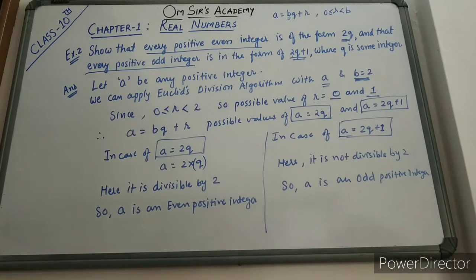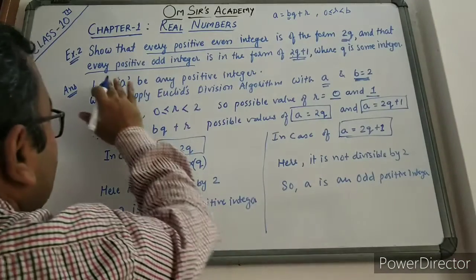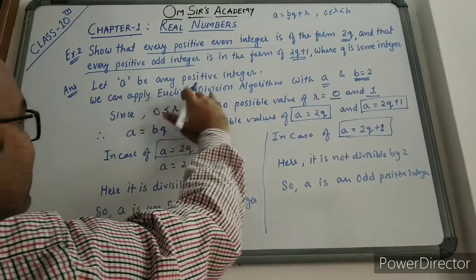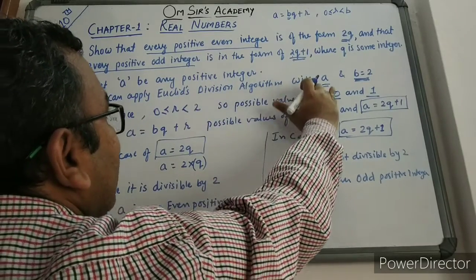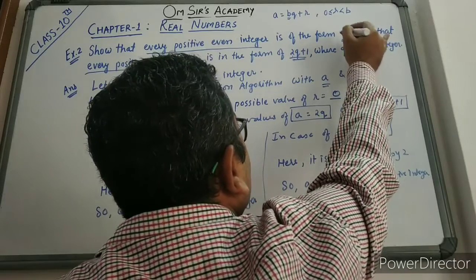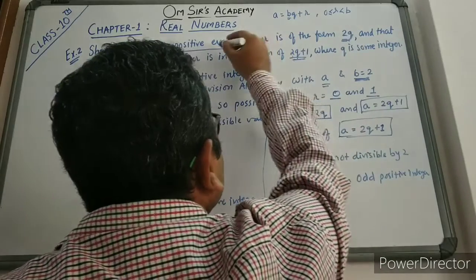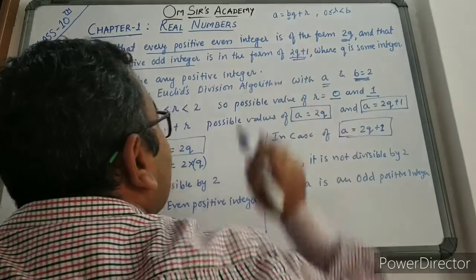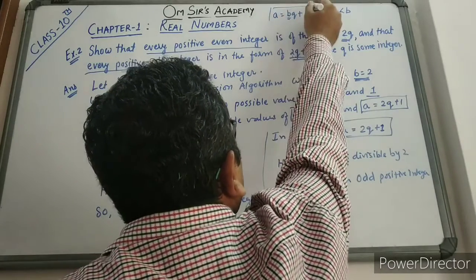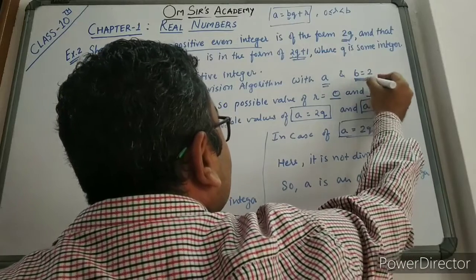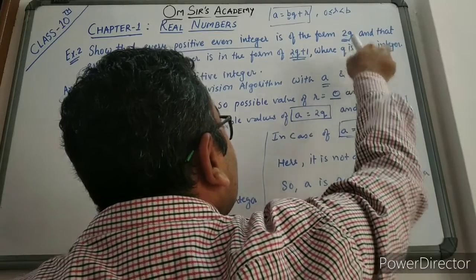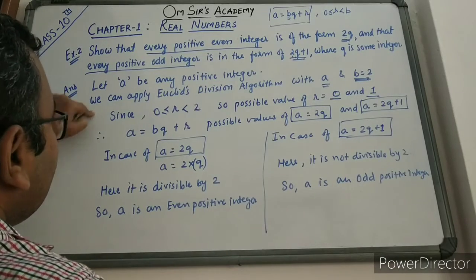First of all, let us revise once again. What we did is, suppose first we did that a be any positive integer, मान लिया कि a कोई positive integer है, ठीक है। फिर दूसरा step क्या किया हमने, Euclid's division algorithm apply किया, उसके हिसाब से we took a as a, कोई positive integer था तो a को हमने a ही suppose किया, and b को यहां से हमें जो prove करना था, we had to prove that a is in the form of even integer is in the form of 2q and odd integer is in the form of 2q plus 1। तो जो prove करना था उसमें q के before 2 आ रहा था, ok। And Euclid's division lemma में q के पहले जो भी number आते हैं उसको हम b लेते हैं, तो यहाँ पे हमने b को क्या लिया, यहाँ पे question में से we decided that b will be 2, ok। So this b's value is dependent upon the question.